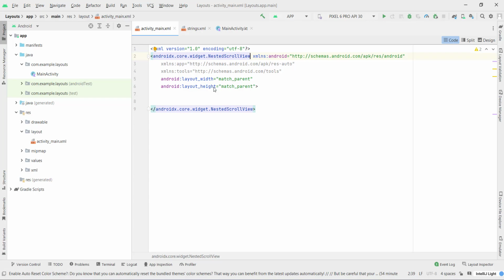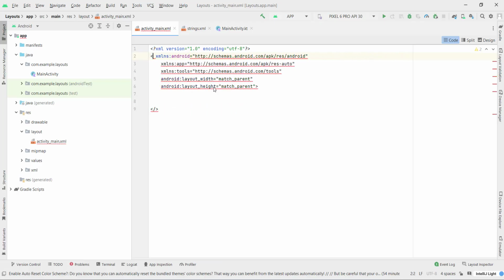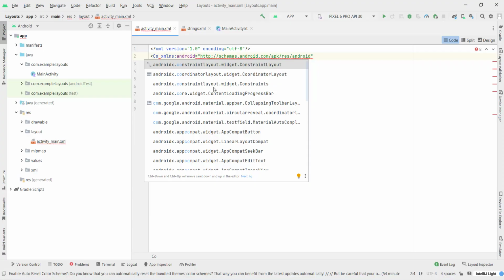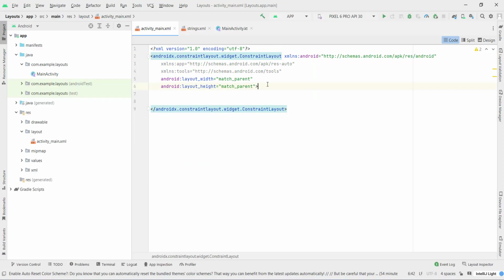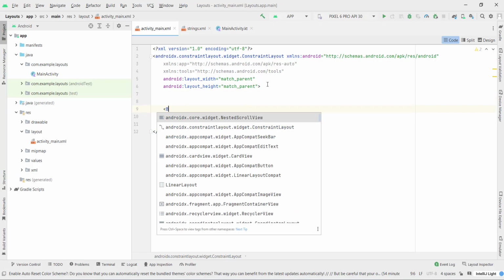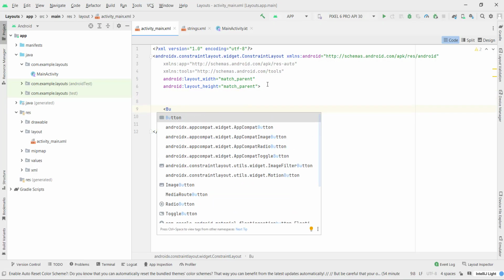Now it's time to start a discussion about the next layout that you can use in Android, and that is a constraint layout. So I'm going to delete this nested scroll view, and I'll add here a constraint layout and use this Android text widget constraint layout. So I'm going to choose that one. Now I will add 3 buttons here. So I'm going to type button,